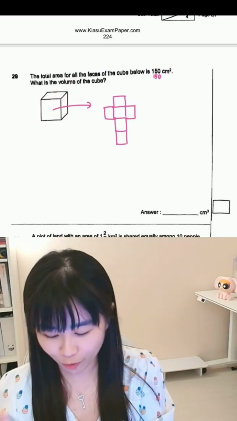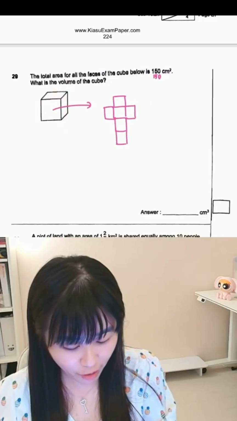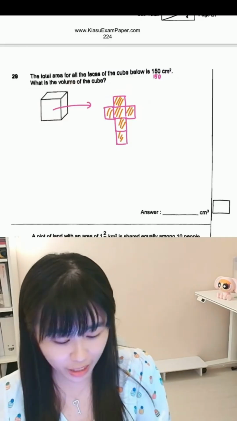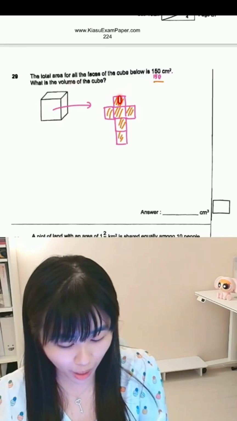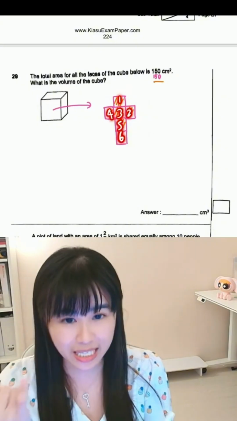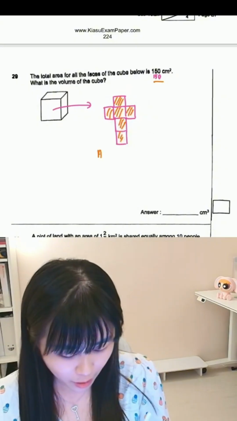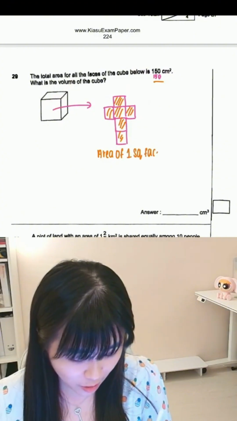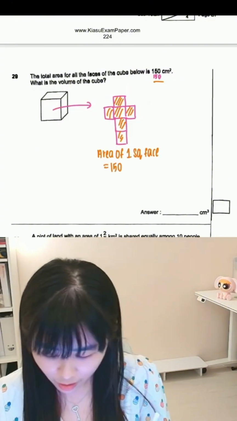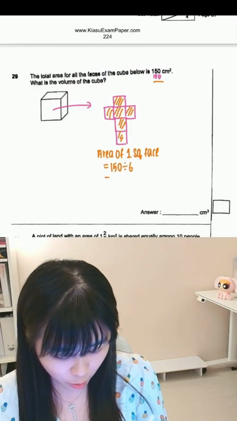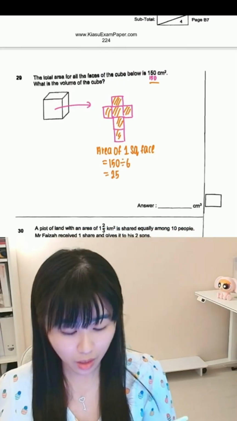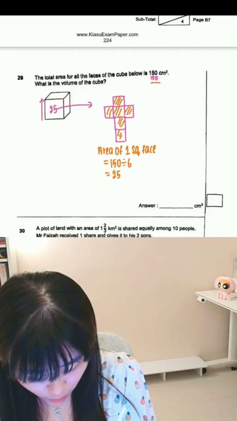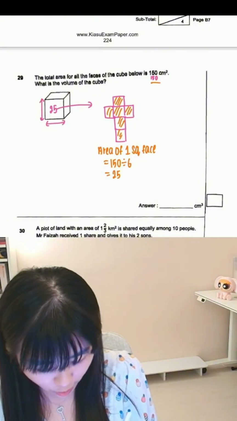So yeah, answer 1, 2, 5, yes. So if your area, right, like this, is 150, total you got 1, 2, 3, 4, 5, 6 faces. So area of 1 square face is 150 divided by 6, which will give you 25. Okay, if you know one face, just one square, is 25,